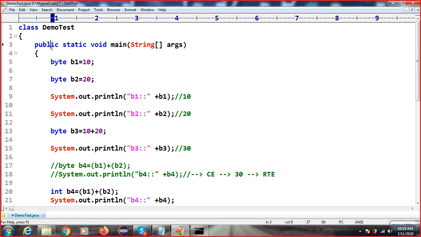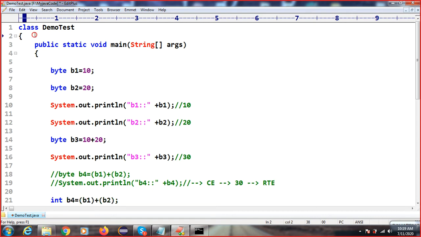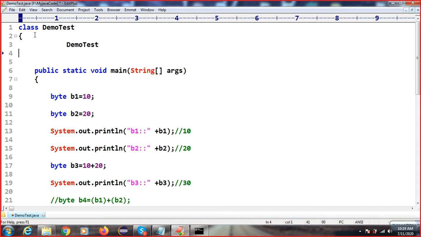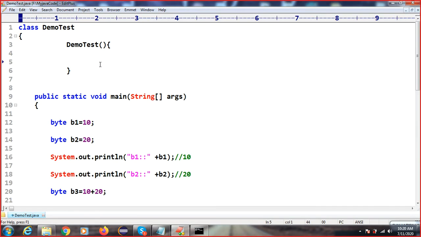The same thing happens here: when you create any class, the compiler will add a default constructor. It is not visible, but I will tell you about the constructor. Sorry, we cannot create a constructor here, we can create it at class level. So when you create any class, the compiler adds a default constructor here. If I compile this code, you will get the same output whether you give it or not. By default this constructor is there.